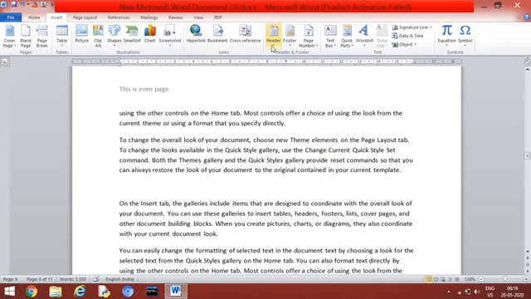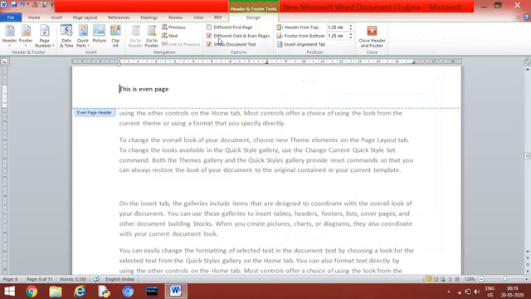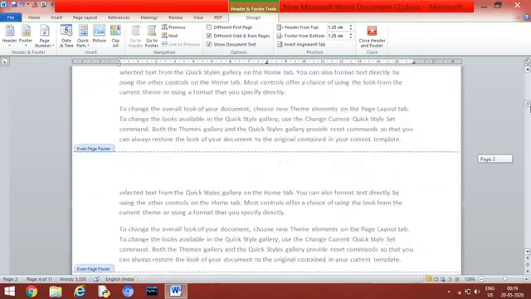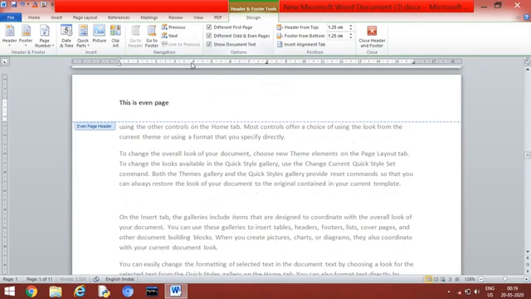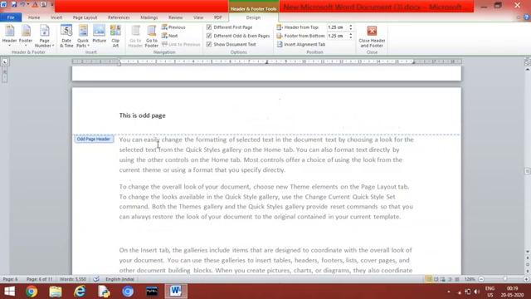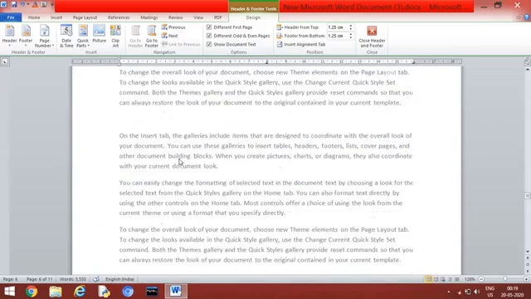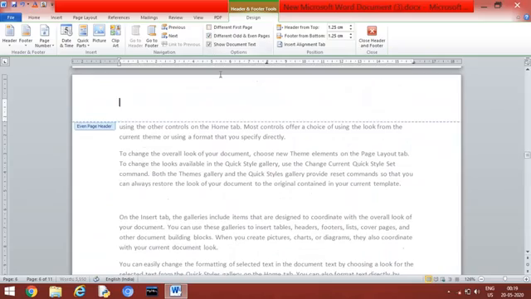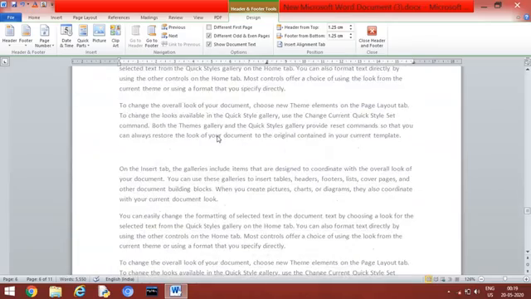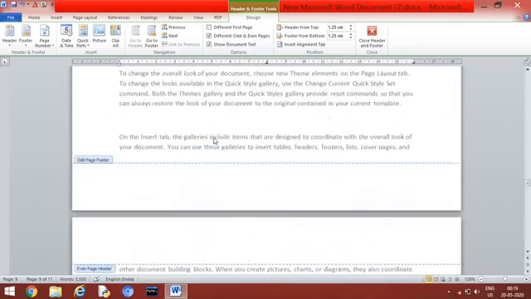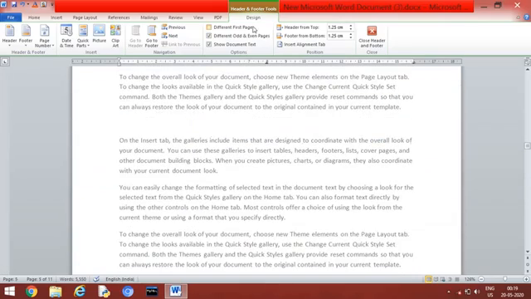Now coming to the different first page. Suppose you don't want to give anything here, you can just click on different first page and you can just remove it. If you don't select this option, removing it will remove that header from all the pages, right? But when you select different first page, it will remove it only from the first page, and in all the other pages it will remain as the header. So for that purpose you can use it.